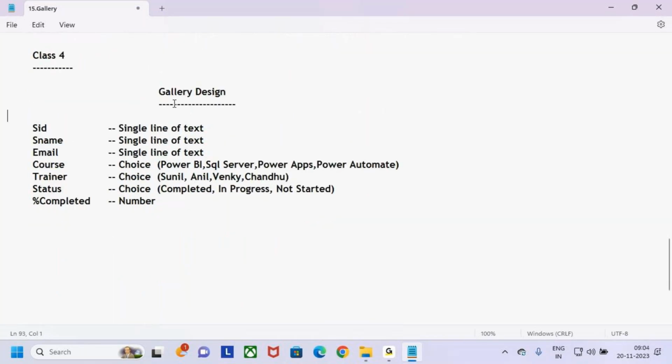In today's session, we are going to discuss gallery design, how to design the galleries. Out of the box, Power Apps will give one default gallery structure. Now I don't want to go with the default gallery design. I want to design the gallery on my own. Today we will discuss how to design the galleries with the out of the box controls. For this, I'm creating one list